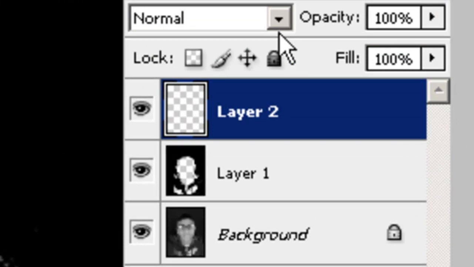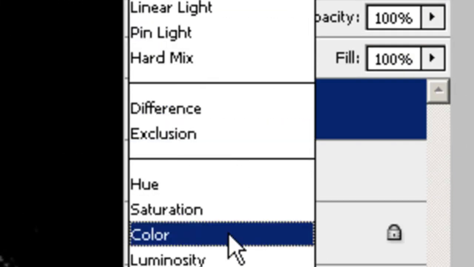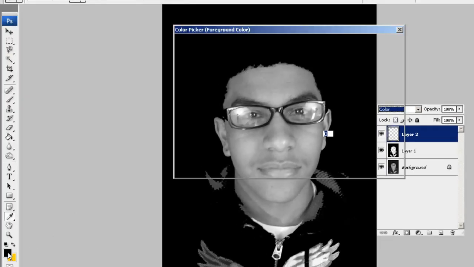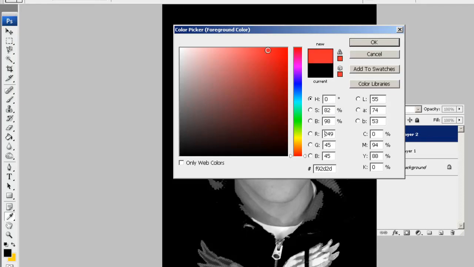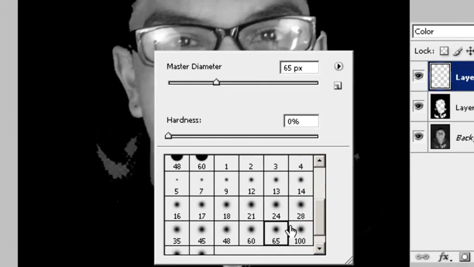And this is where the fun starts. I'm going to change the blending mode from normal all the way close to the bottom to color. And when we do that, we can go into the foreground color and select the color. You can go into the upper right hand corner of the color picker. I'm going to suggest you stay a little to the left of it. I'm going to go to the paint brush. I'm going to right click, and